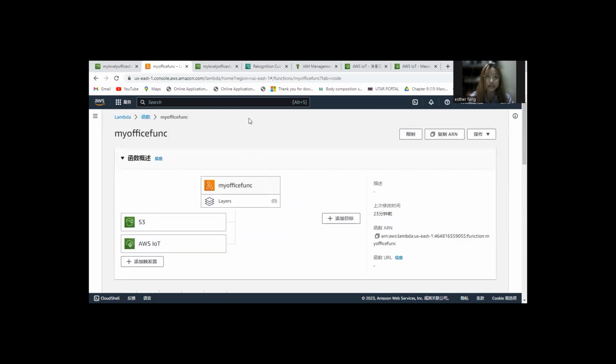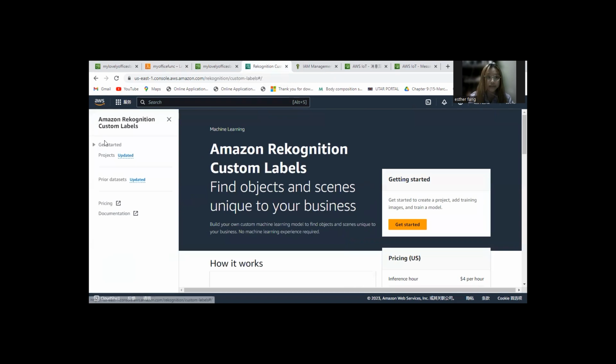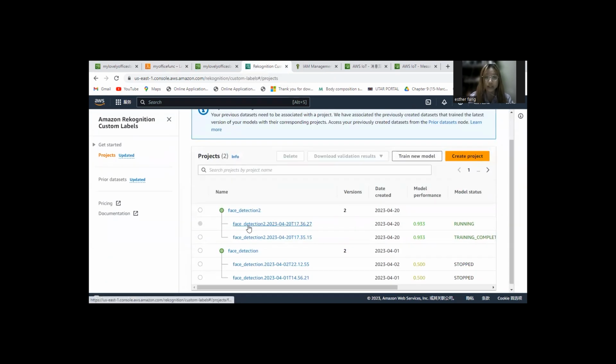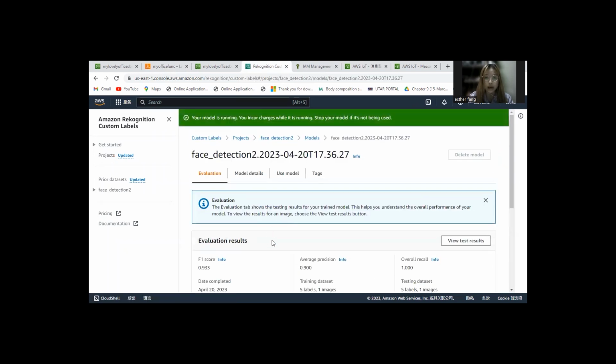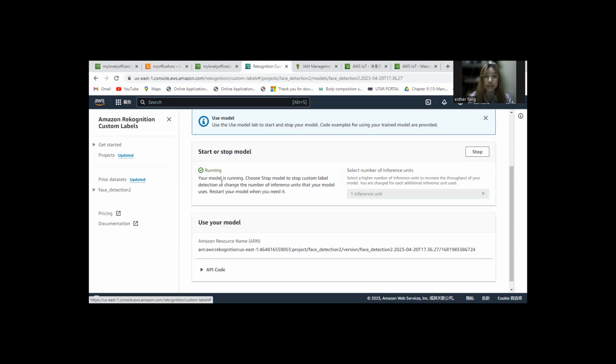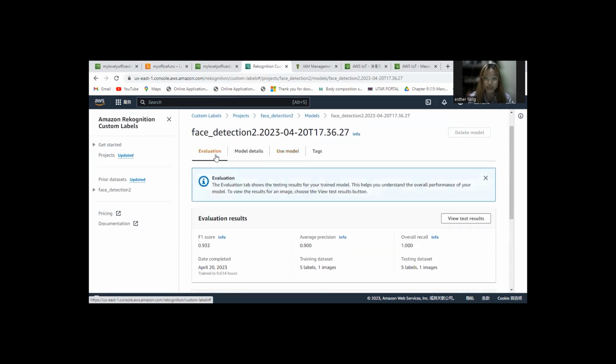After that, in the AWS Rekognition, I have already created a new project and a dataset called the face detection tool. After entering the page, we can click the use model and it will show that I already have the model running. And next we can go back to the evaluation page.